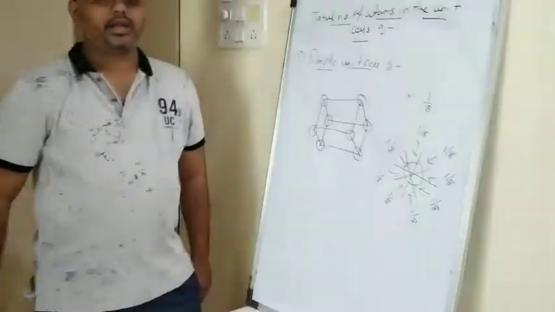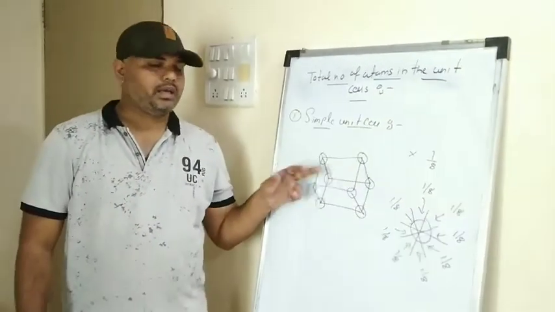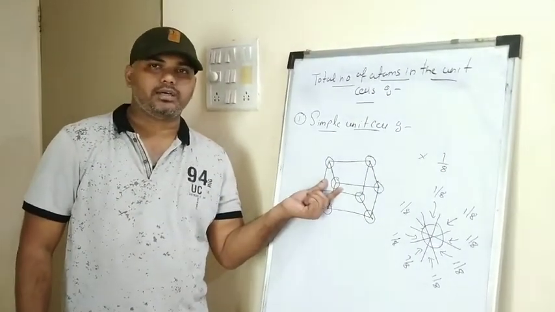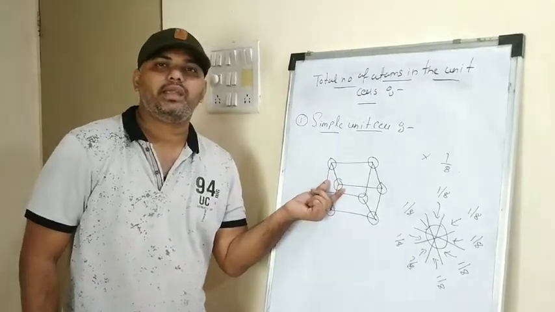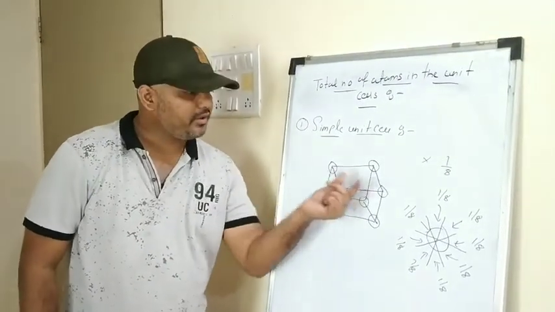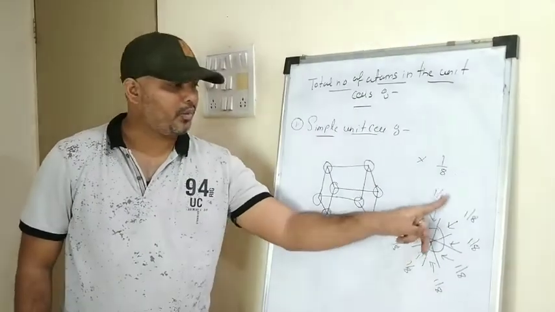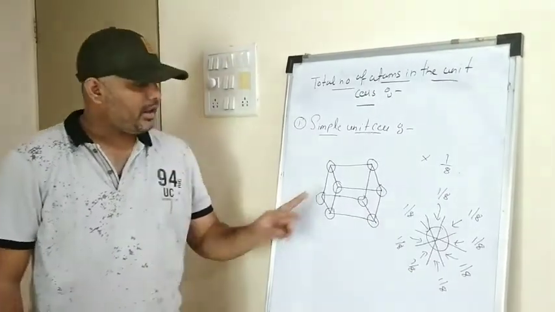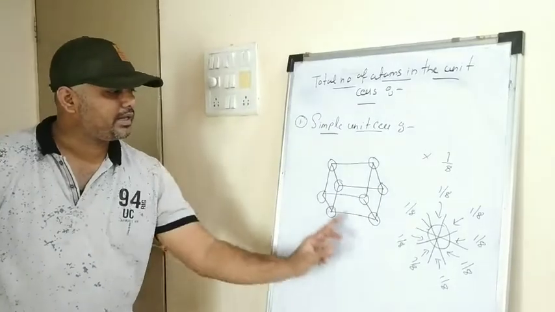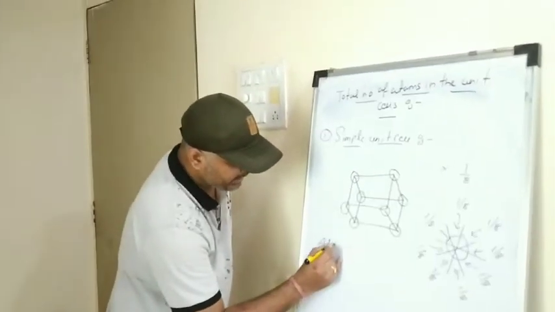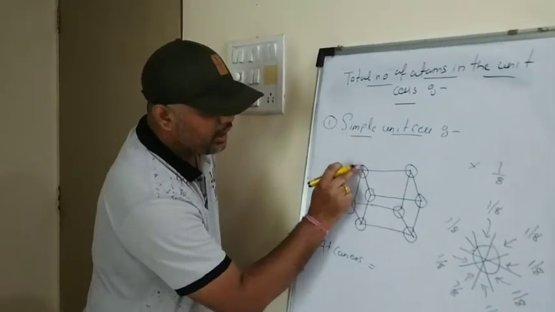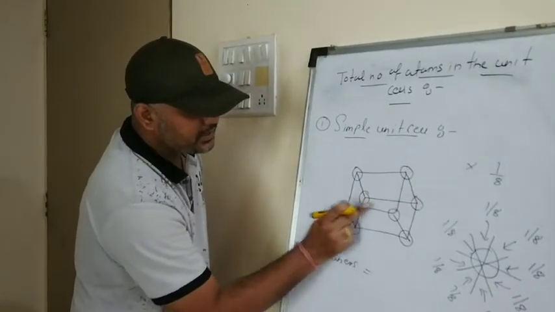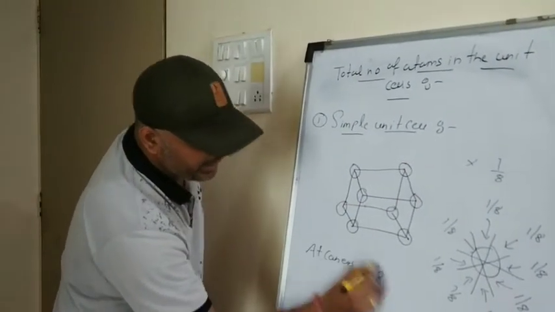Are you understanding it? See, this is the particle which is present at the corner. So one particular atom is shared by the 8 unit cells. So each of them will be getting the portion of 1 by 8. Right? Now the total number of constituent particles at the corners: at the corners, the constituent particles are 1, 2, 3, 4, 5, 6, 7, 8. So 8